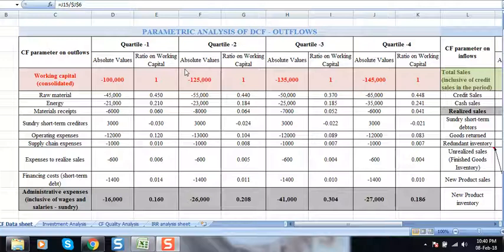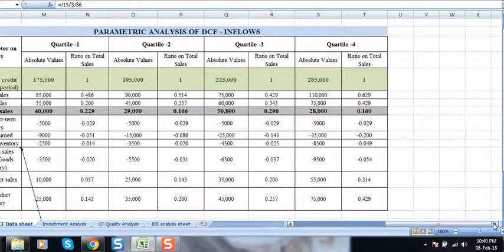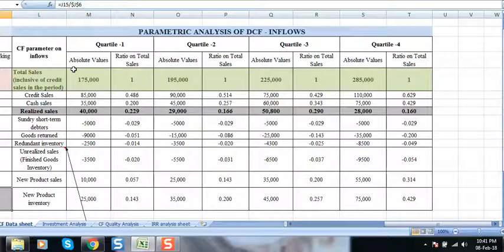the future and then bring in the domain experts at strategic levels to figure out the areas of focus and areas of concentration for ensuring that the fluctuation bandwidth is on a narrower plane across the time series over the quartiles. Now we would change our focus to the parametric analysis of DCF, the discounted cash flow inflows, and I would like to bring to your notice to focus on first the cash flow parameters, the inflows, before we move on to understand the dynamics of the resultant cash flows. So we are looking at